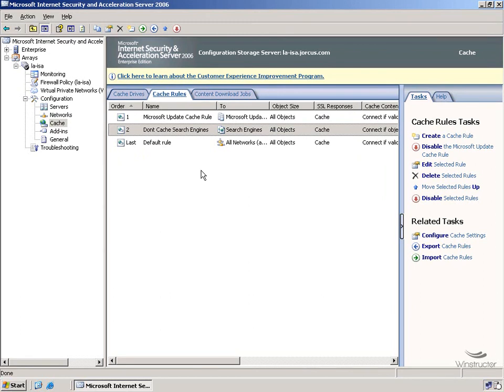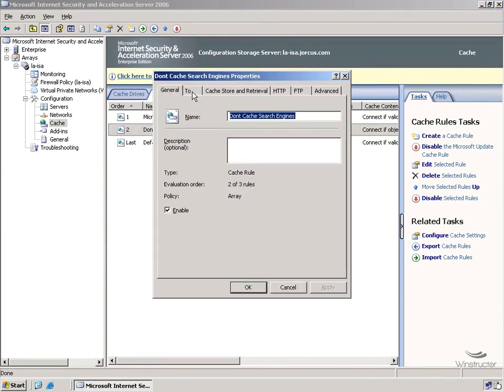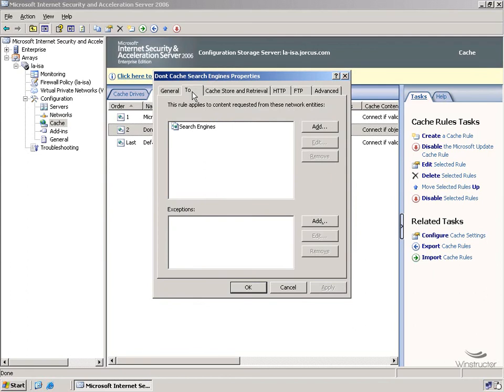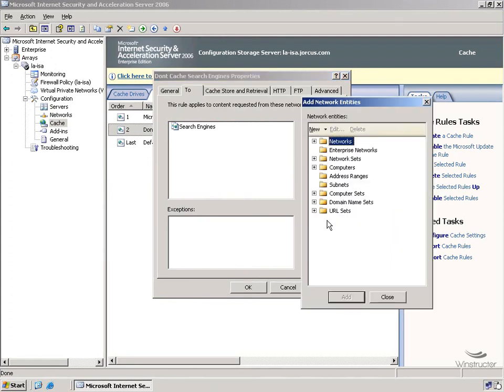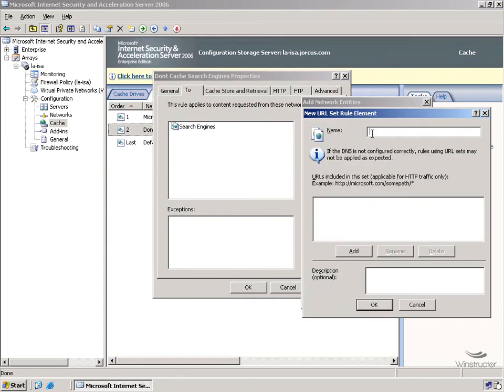Actually, there is one other thing I probably should point out. Let's double click on our rule again, and let's go to our To tab, because there's one thing that I didn't show you guys, and that's how to add in an exception. Now, even though we're choosing not to cache any search engines, well, at least not the three we've specified, we can make exceptions to that rule. So we're going to click Add here, and like before, we're going to add in a new URL set. Now I'm going to call this one Allowed Search Engines, and we'll click Add,